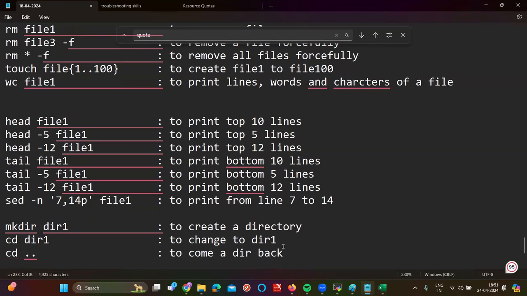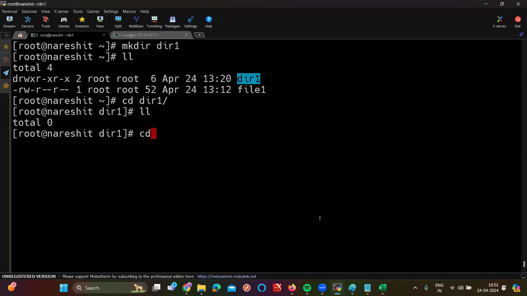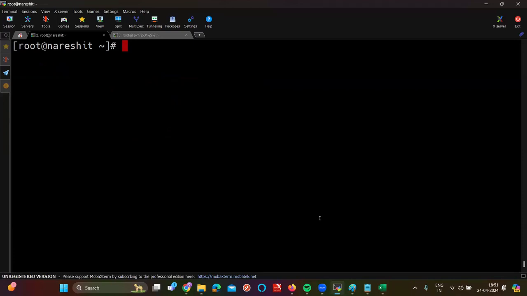Okay, for example, if you're in one directory and you want to come out of it, give the command cd dot dot. So give cd dot dot. You came back to the original directory or not, sir? Like that. Again, in the directory concept, we need to learn a lot of commands, but here I just touched on the meaning of directory. So whatever commands we discuss, in your regular real-time work, you are going to use these commands directly.